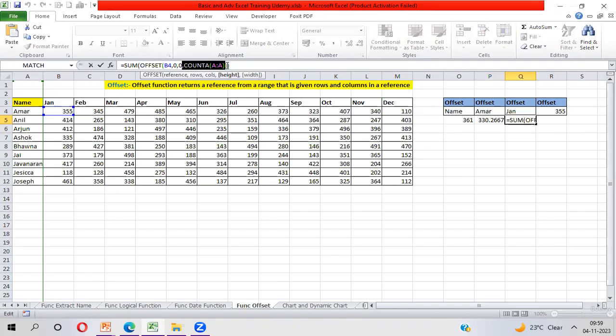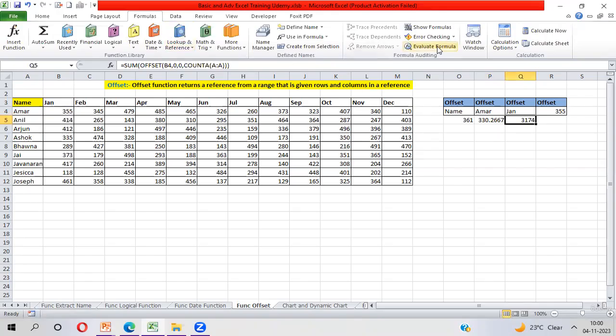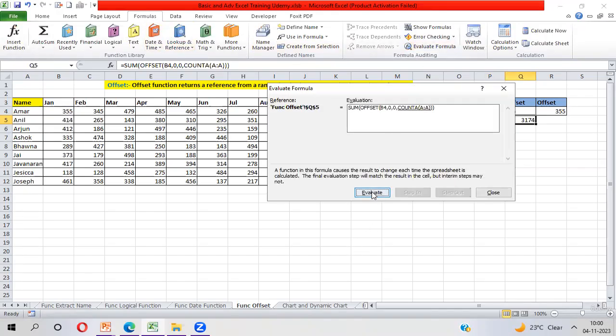So here I'm taking the complete range from this to this. I'm creating a cell reference from this to this. How are we creating the cell reference from B4 to B13? Let's see. Here I want to show you one thing: how we can evaluate the formula, what cell reference and what range I'm creating. So here I'm clicking on Formula, going to the Evaluate function, evaluate and evaluate.